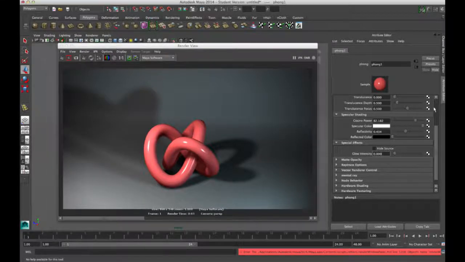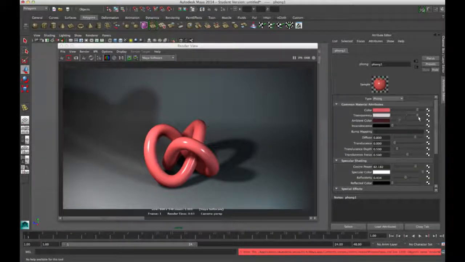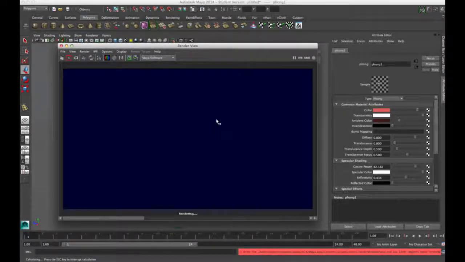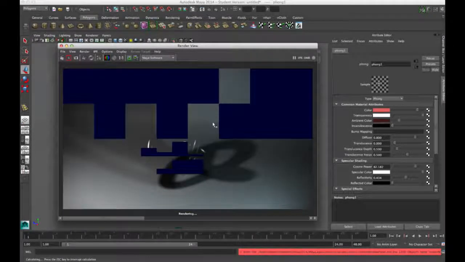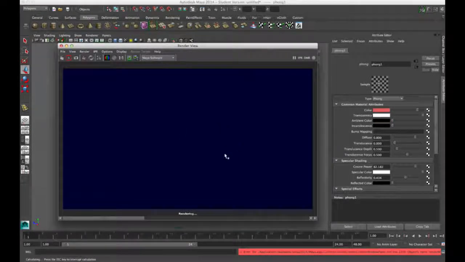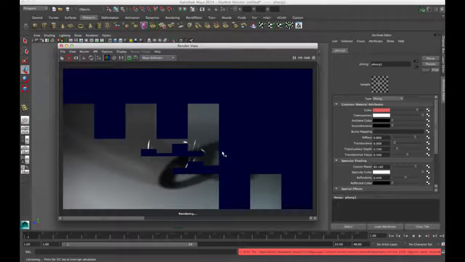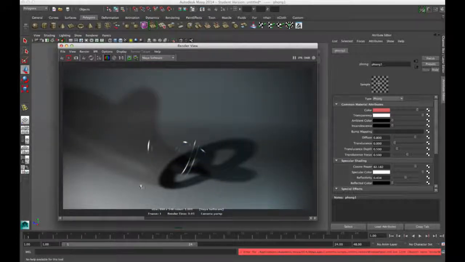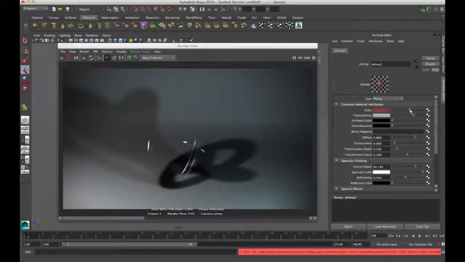If you go full transparent, see this? We have the highlights on. The highlights are still there. And we're going to discuss why that happens, but right now just go ahead and experiment with a couple